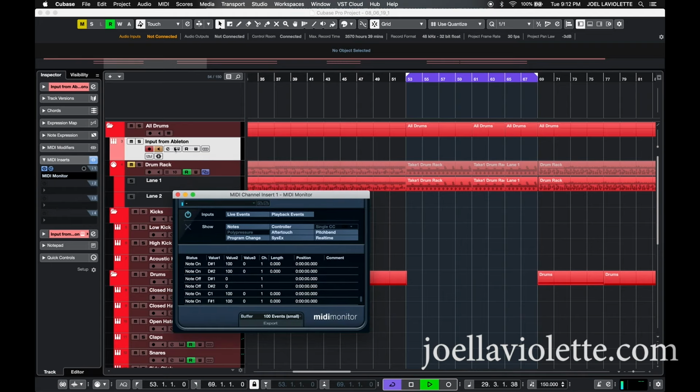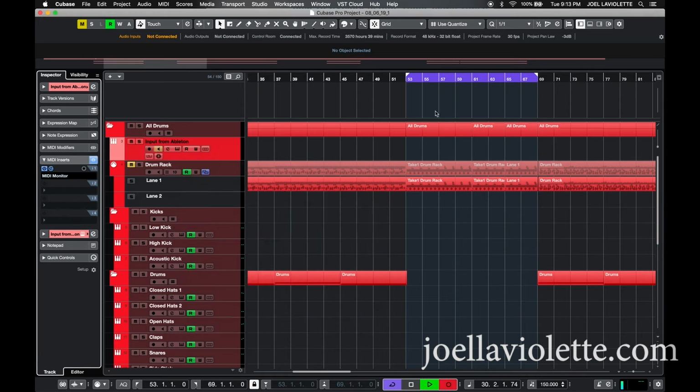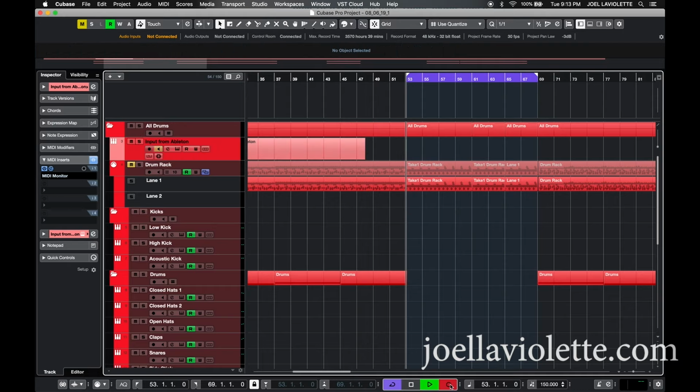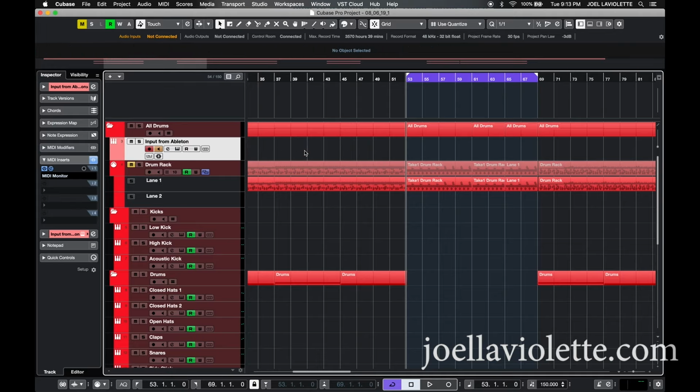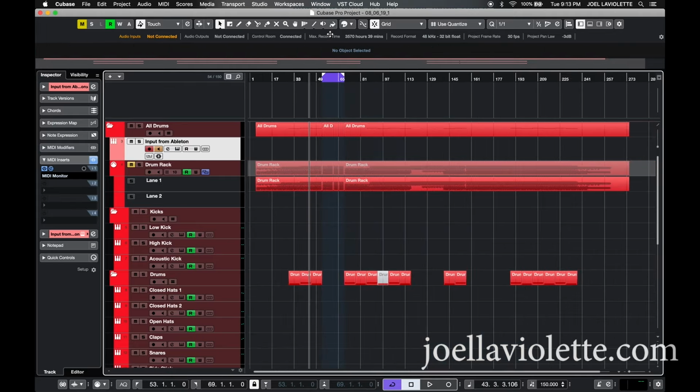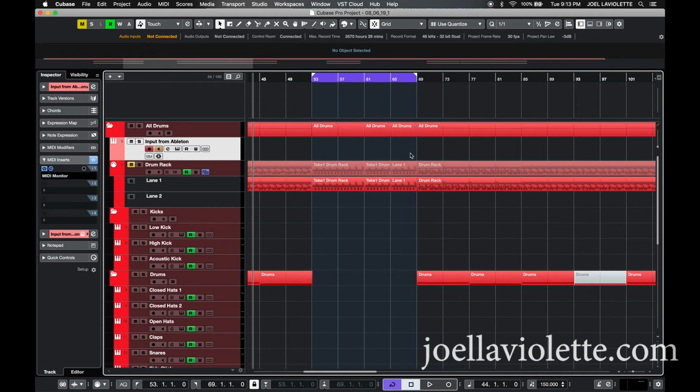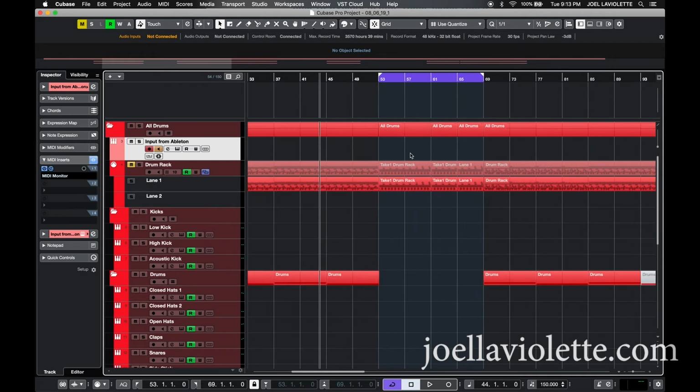Watch what happens if I try and record on this track here. Let me get it into the loop. Look at that. There's no timestamp information associated with those notes when they come in. So it just freaks out and does this and it's not recording anything. When you hit stop, it's just blank. So I consider it a bug, but whatever. It's just an aspect of Rewire that makes it so you cannot record